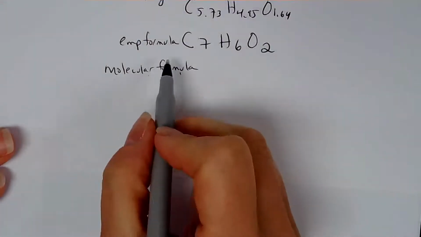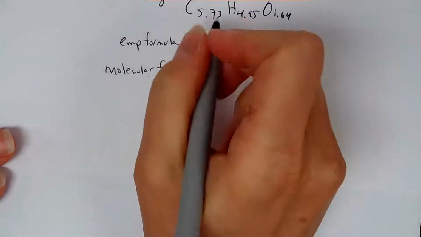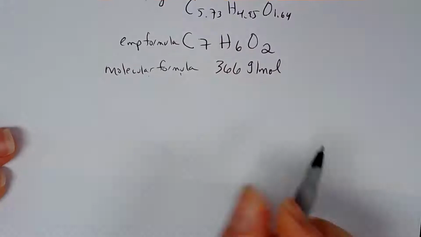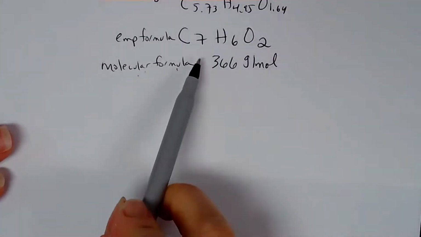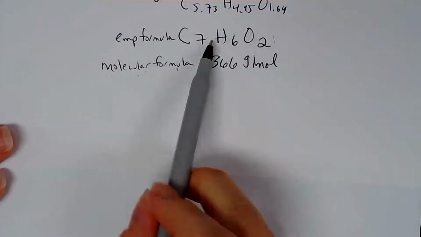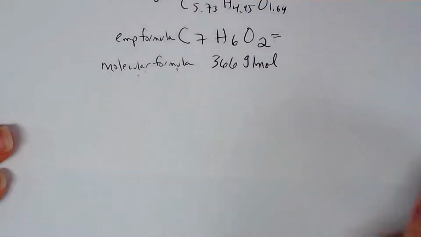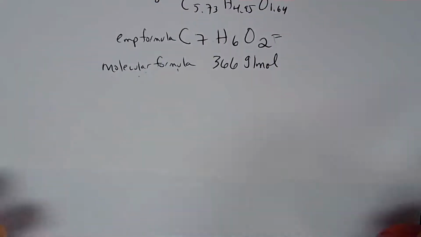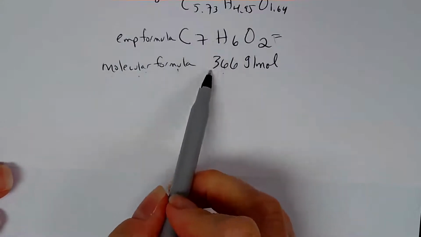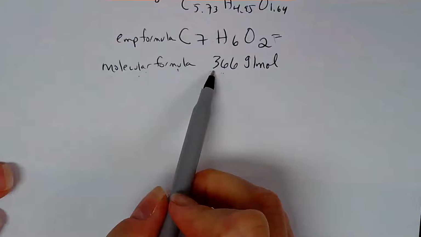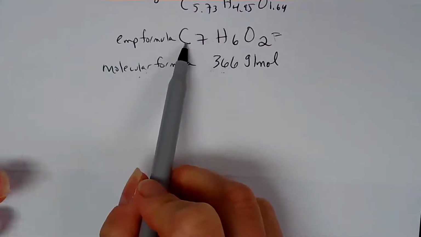So if the molar mass for this new compound is 366 grams per mole, using this as our empirical formula, what you have to do is essentially add up the empirical formula's molar mass to figure out how many factors above it you get to 366. So the empirical formula here is